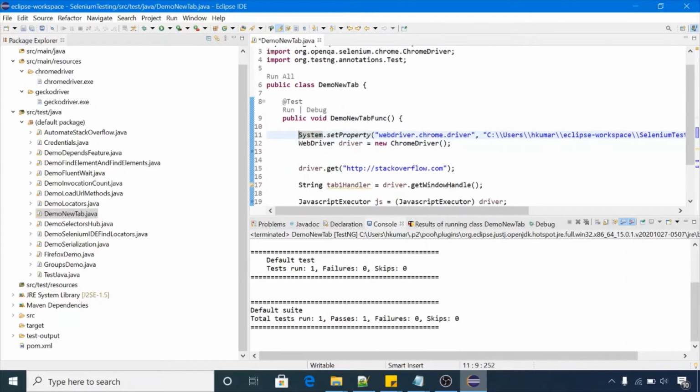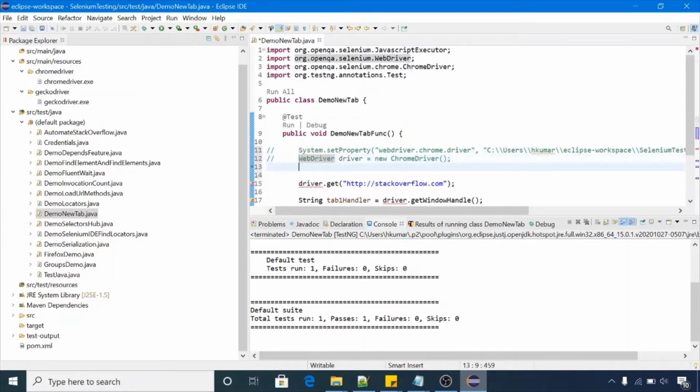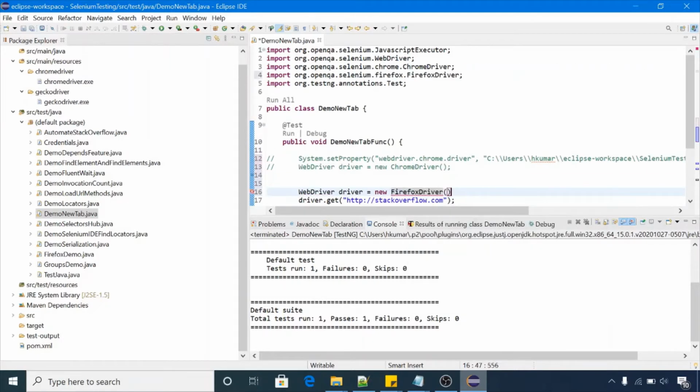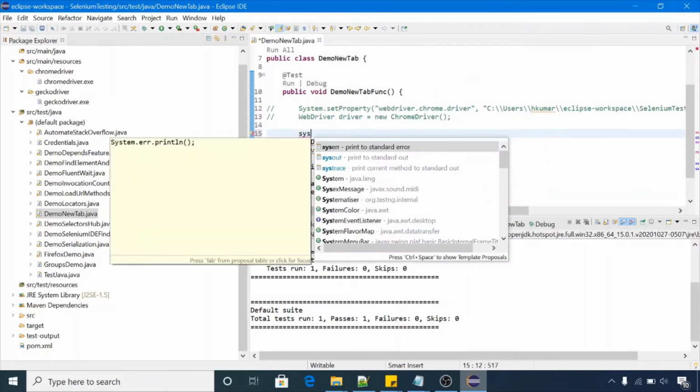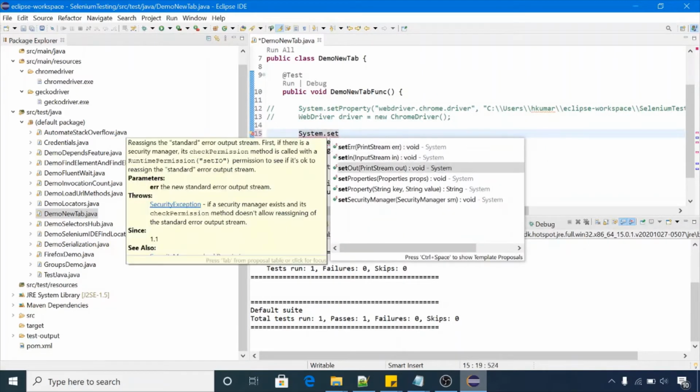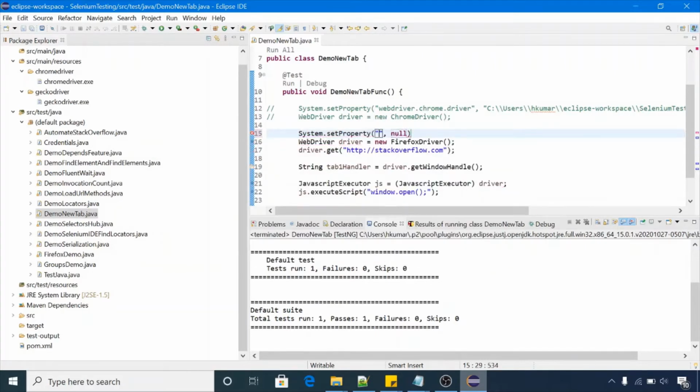We have to create one driver of Firefox driver: driver is equal to new FirefoxDriver. And we need to set the system property, System.setProperty, and in this we have to pass webdriver.gecko.driver, because for Firefox we need to pass the Gecko driver.